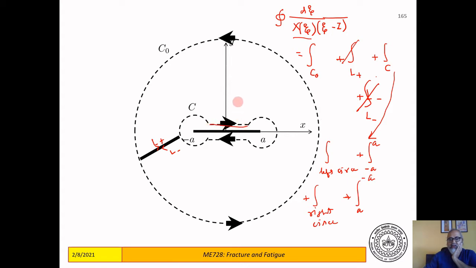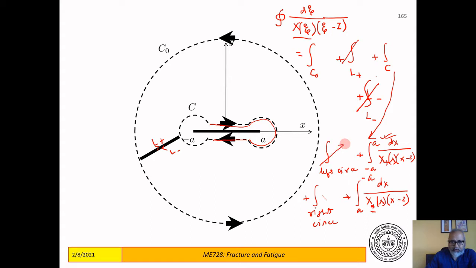Okay. When we go from minus a to a, this function will become X plus. Here it is X plus on the plus side. So this would become dx over X plus(x) into (x minus z), which is exactly what we had set out to evaluate. Sorry, I wrote it in the wrong place. This is x minus z, and when we come back along, this will become X minus. This is the integral that we set out to evaluate, and as the radii of these circles tend to 0,